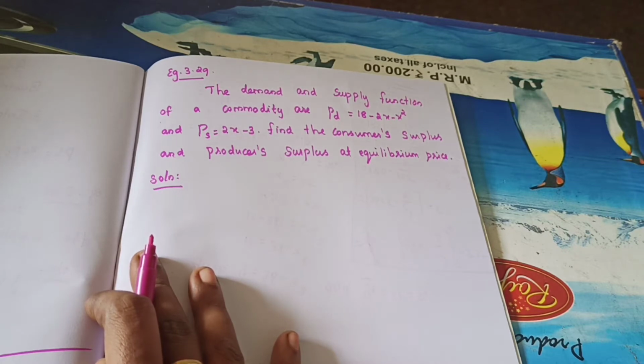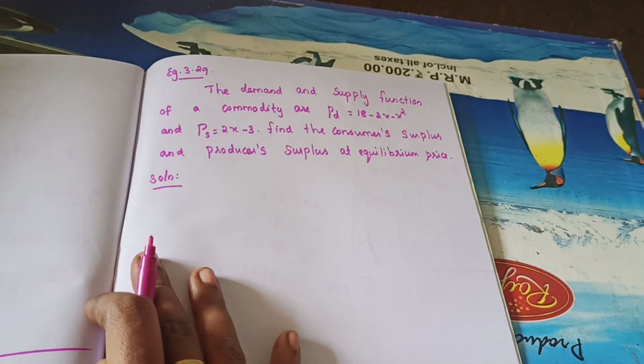Okay. So first, when it is equilibrium price, you have learned in last year also, equilibrium price means the demand and supply function of a commodity must be equal. Understand? So what is the condition for equilibrium price? The demand and supply prices must be equal, so PS value must be equal to PD at equilibrium. If you equate both, you will get the x value, and afterwards we can find CS and PS. Understand?